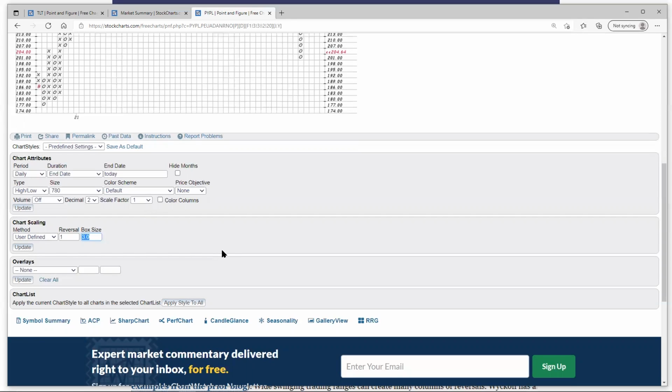Weekly data, weekly charts, vertical charts. 3-box reversal kind of encompasses the same amount of data as a weekly vertical bar chart. Now, that's not altogether true because we just established that you move to the right in the chart based on volatility, not time. So we know that time is not a constant on a point and figure chart. Volatility is a constant. So if we go to 1-box reversal, which we're going to do right now,